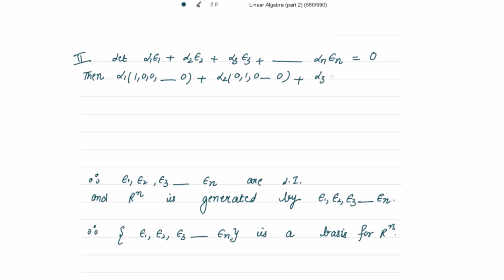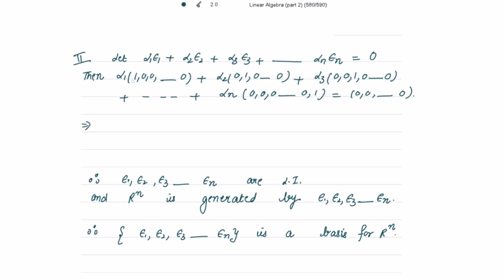Then alpha 3 times (0, 0, 1, 0, 0), and then go on. Alpha n times (0, 0, 0, 0, 1), and this equals (0, 0, 0, up to 0), which implies